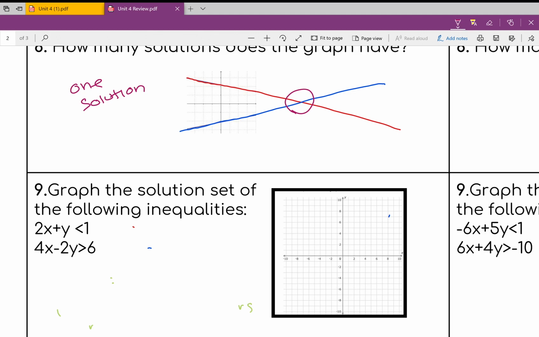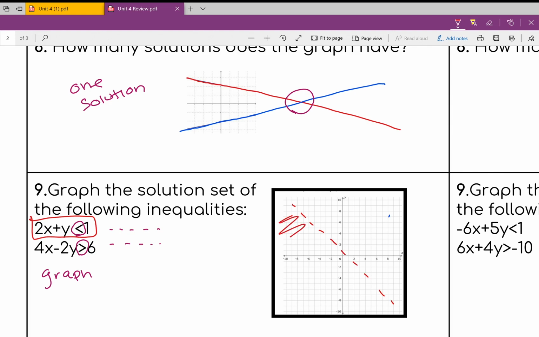Number 9 says graph the solution set of the following inequalities. So something important I want to point out is that since these have less than and greater than symbols, we know that both of these are going to be dotted lines. So we're going to graph this on our calculator, same as we were doing before, and then you're going to color in the shaded areas. So on number 9, your graphs look like this. So this is going to be the first one that I'm going to box in red. The first one looks something like this,